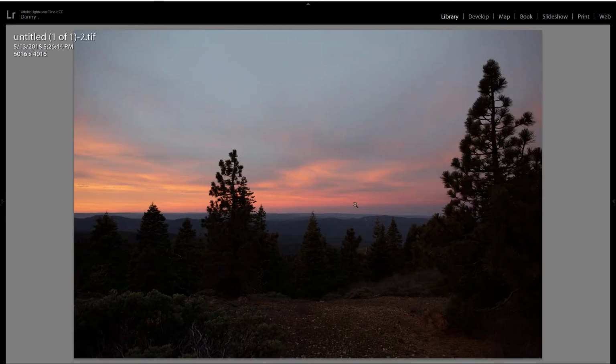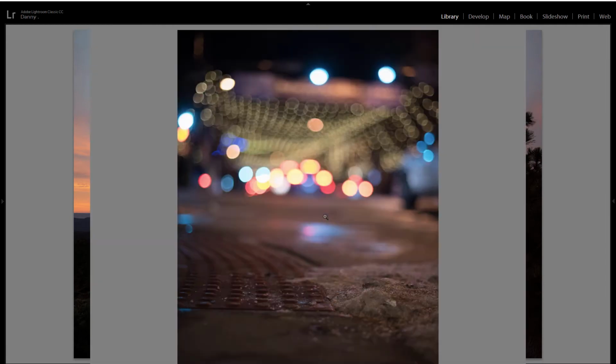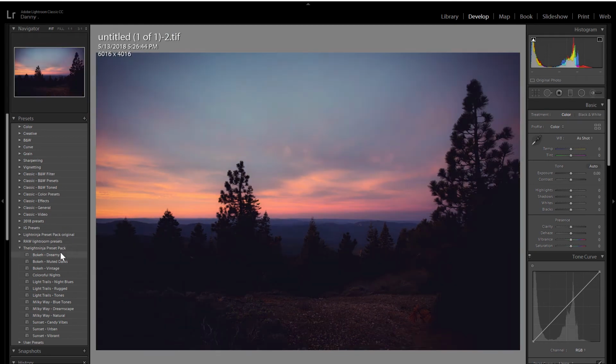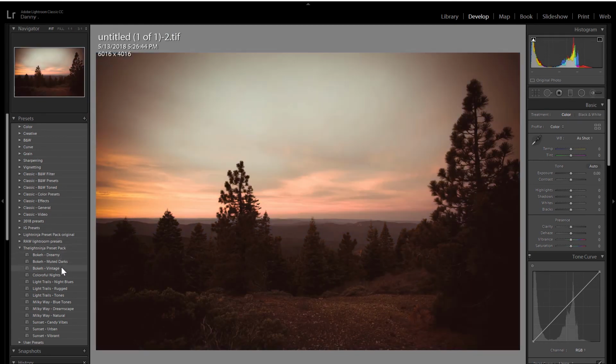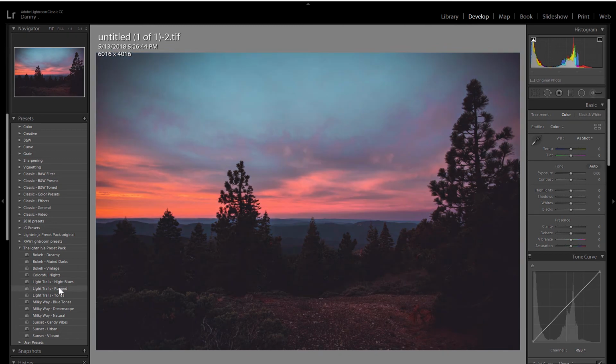So this is a sunset landscape shot, and although the foreground is a little bit underexposed, it's not too bad. So this is also an ideal photo to apply these presets. So again, I'm going to go through the list of presets and then look for one that catches my eye. This one's cool. Click the preset, it applies the settings,